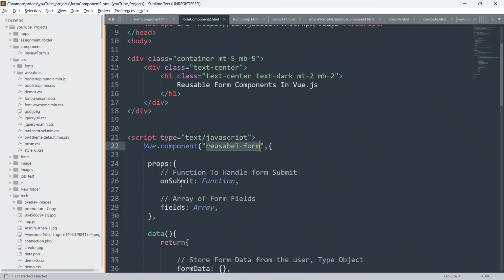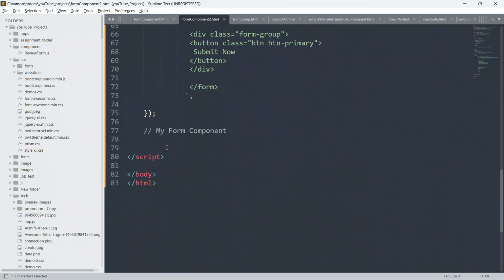So we will also say here below this, Vue dot component, and it is a function, so we have to define the component name as well here. So I will define the component name as my-form. Okay, and put a comma, and put opening and closing curly braces, and inside this you are free to define anything.